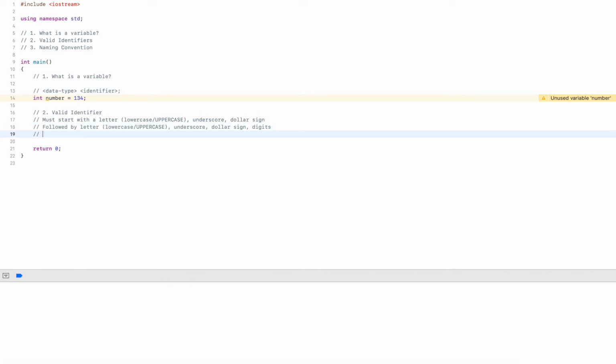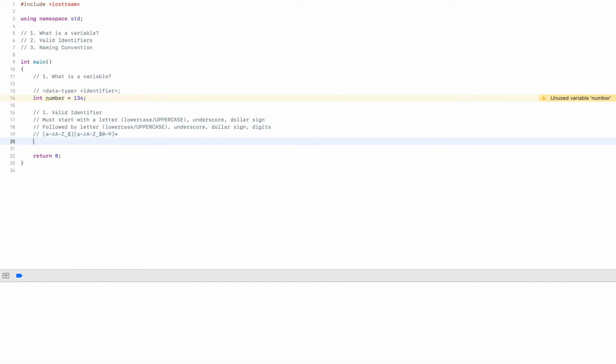And so if we sum this up, we start out with a lowercase letter A through Z, or uppercase letter A through Z, underscore, or a $ sign. And this is followed again by any number of lowercase letters, uppercase letters, $ signs, underscores, or digits. And so the star here means really I can pick anything from the set. I can have lowercase, uppercase, lowercase again, some digits, lowercase letters again. So anything I can pick from this set repeatedly.